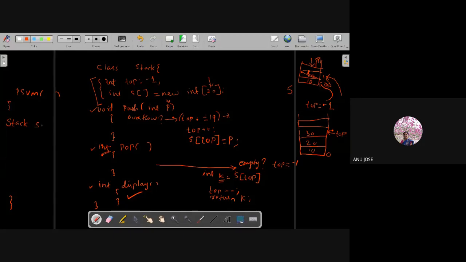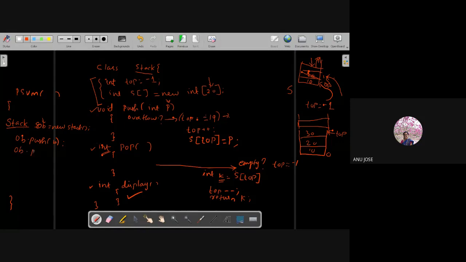Stack s is equal to... so Stack is the class name we have, and again, it is case sensitive. If I am writing all small letters here, you also write all small letters here. Stack, object name, I am just writing it as ob, object name is equal to new stack. Then with respect to this object, I should call all the functions. So I can write ob dot push value 1, meaning I am pushing the value 10.